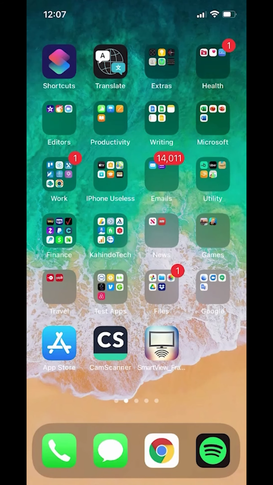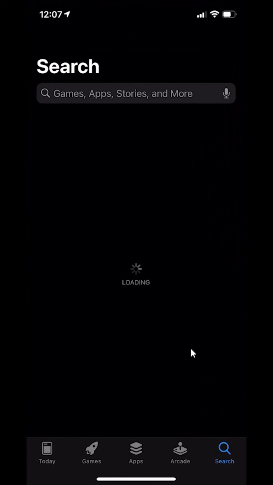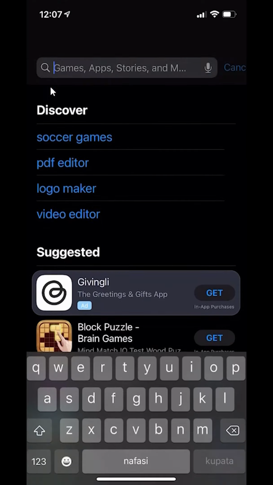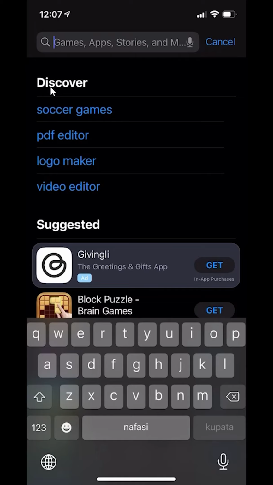We'll begin by finding the Apple Store app, which is this right here. I'll tap on that to open it. Once here, look on the bottom right hand corner, tap on where it says search, and it should take you to your search page like this. Right underneath where it says search, there's this field where you can type in the app that you're looking for. So I'll tap on that and start typing